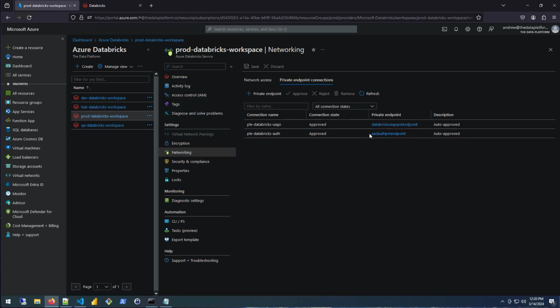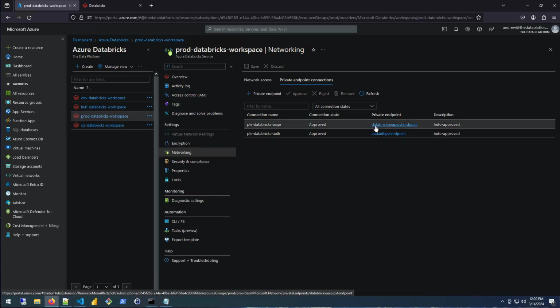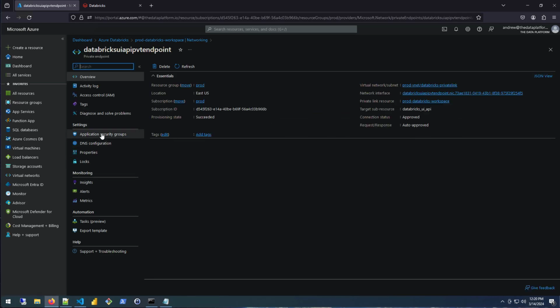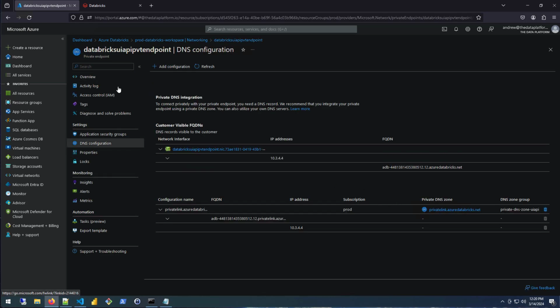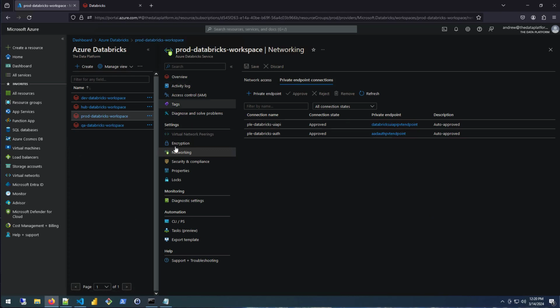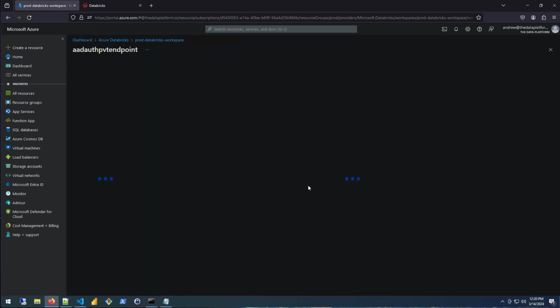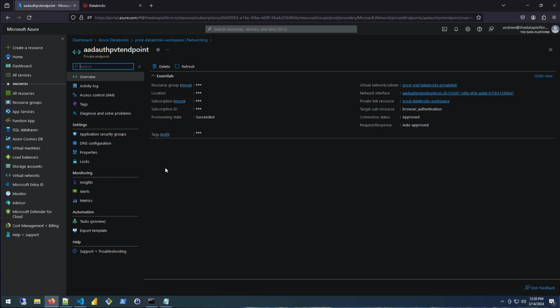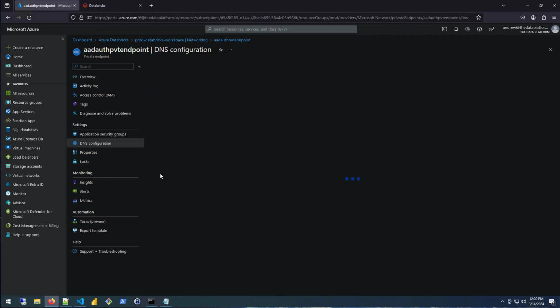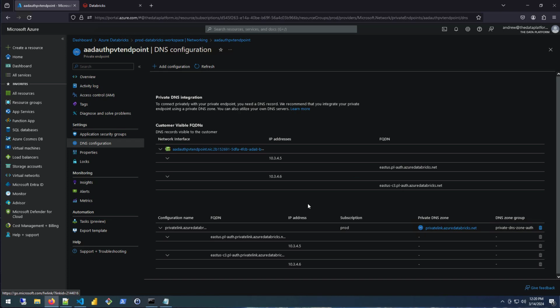So if we go back to the networking for it, which one did we just do? I think we just did the UI API and the network configuration? Yeah. So let's go back to the second one now, which is the auth endpoints, and there should be two of these. So we're going to go to the DNS configuration here, and we just want to get the fully qualified domain name for the auth for both of these, and grab